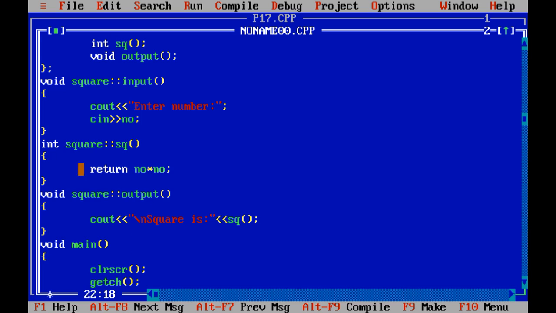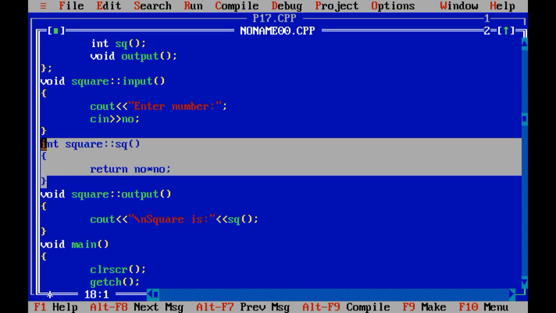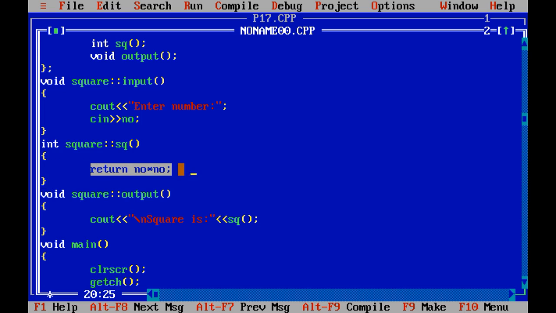The function which contains a processing statement. See, this sq function contains the processing statement number into number. If you are going to calculate marks of 3 subjects, in such cases a calculate method is there. You can make that method inline, right? No need to make the input or output function inline. Why? Because the frequent function call would be on sq over here, and calculate in the case of marks. So you need to be careful while you are calling the function and making it inline. So over here I just need to write one keyword, that is inline.